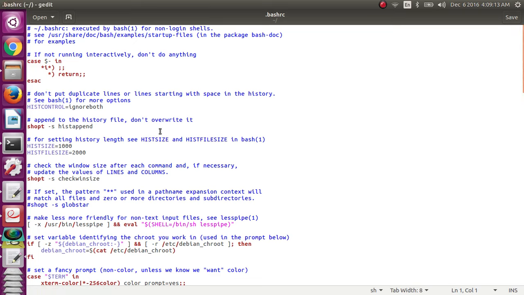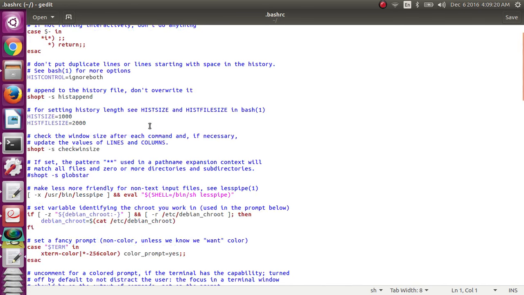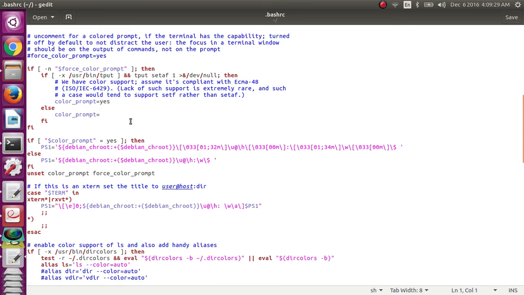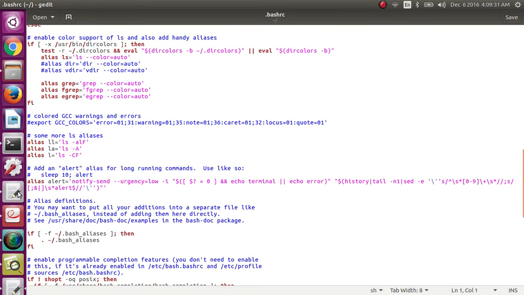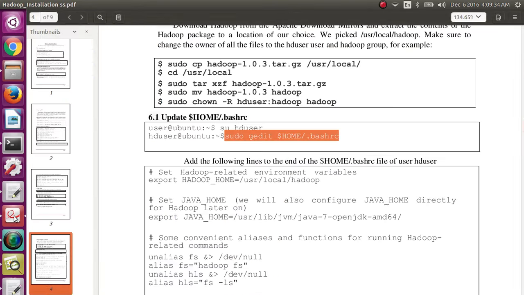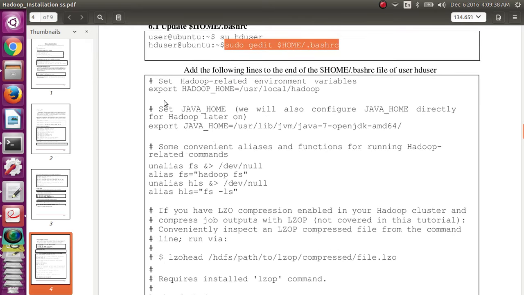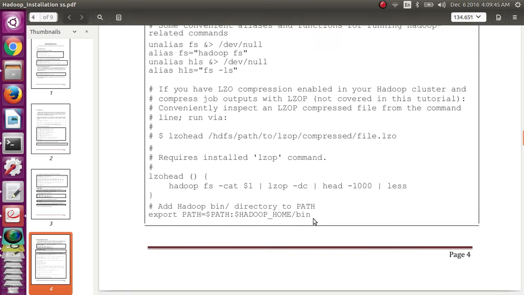It contains all the environmental variables necessary for executing Hadoop. So Hadoop control, Hadoop size, file size, all the default values you can update. Here I am updating this file for the user hduser. So all these lines, the set Hadoop related environment variables lines, up to this,